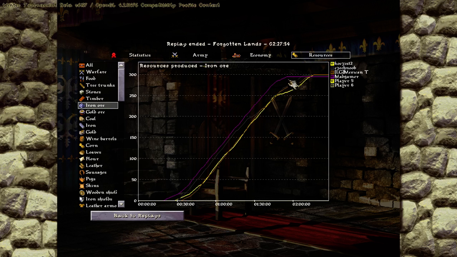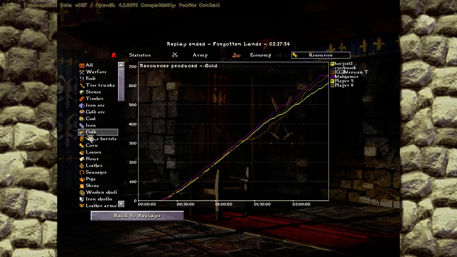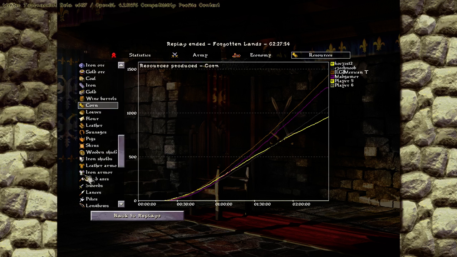You can see at about 2 hours, a little bit before, about an hour 45 minutes, people really started running out of iron. Coal also another one. You can see gold, coal, and gold. Not exactly similar, but anyway,